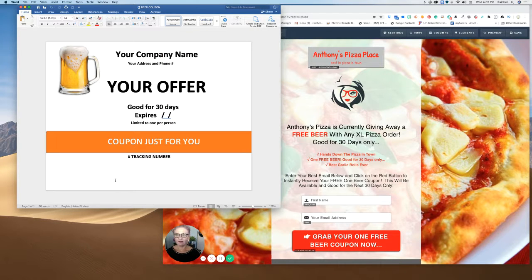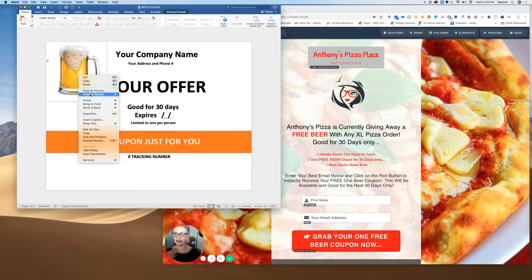Okay, so I have the coupon in Word that's in the membership area. I'll show you how to edit that. Everything's editable and in text boxes. If you want to change the picture, just click on it, right click, change picture. Now if you have a picture that you want to use, then you can either get